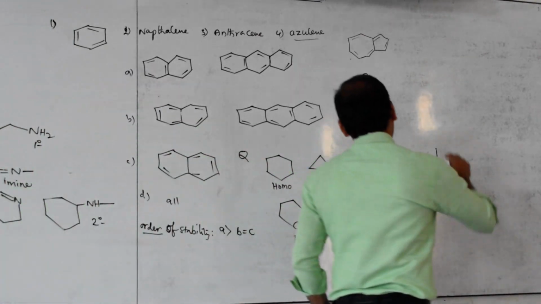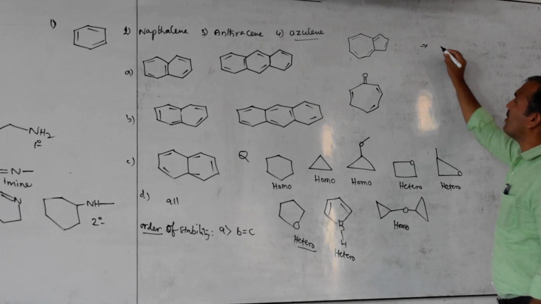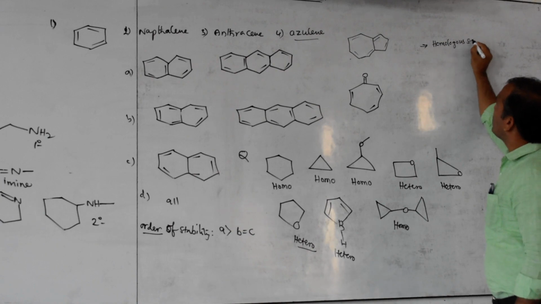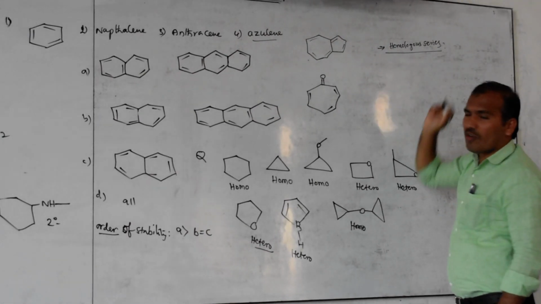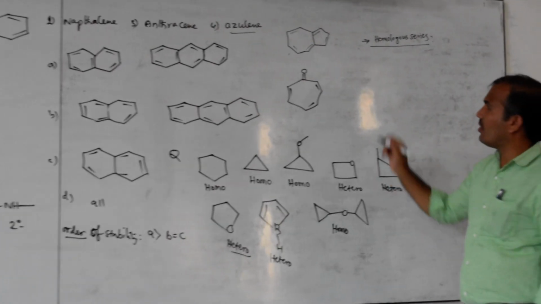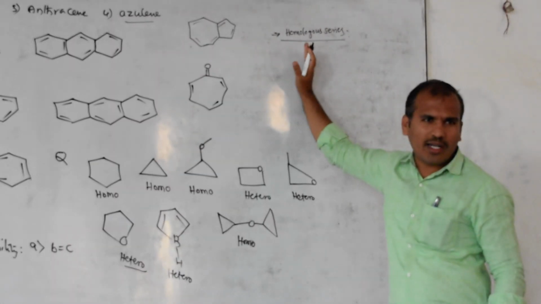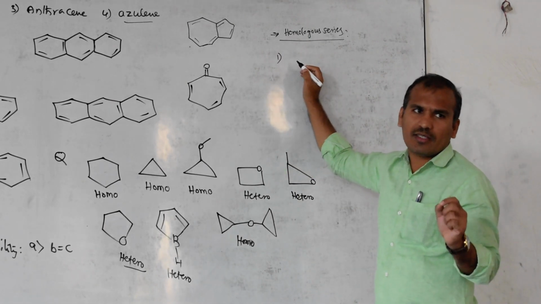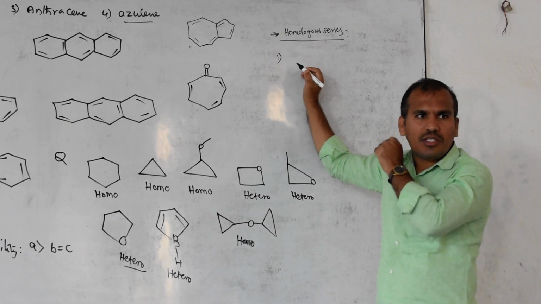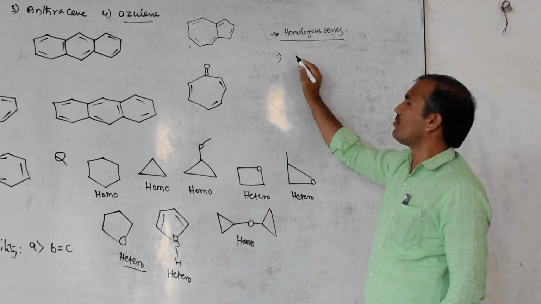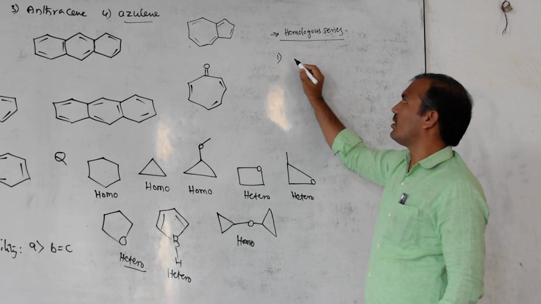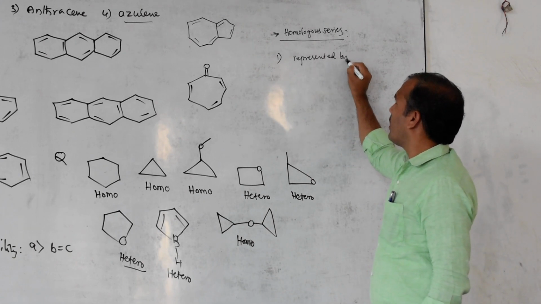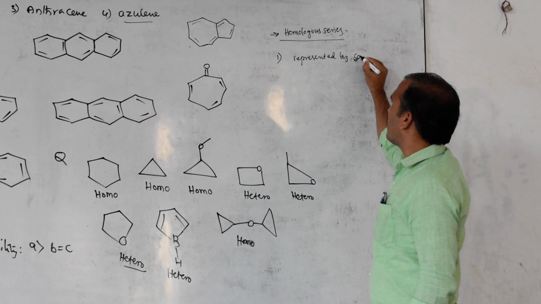After this, one homologous series is there. Homologous series. I will directly discuss it in the form of question lists. Homologous series, what does it mean? Which of the following is correct about homologous series? First one, in a homologous series, whatever compounds are there can be written in the general formula. So a homologous series is represented by the same general formula.